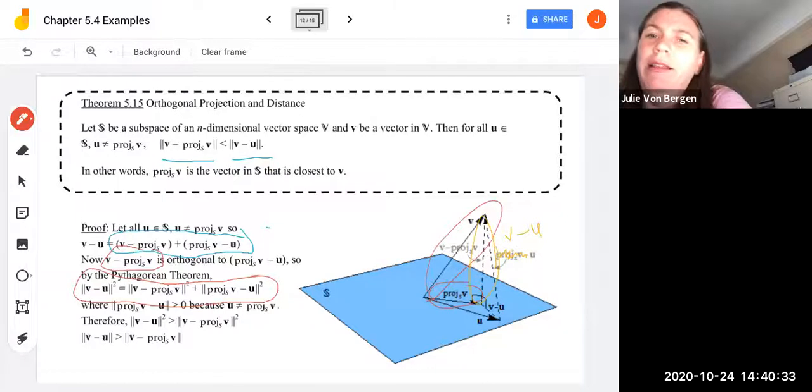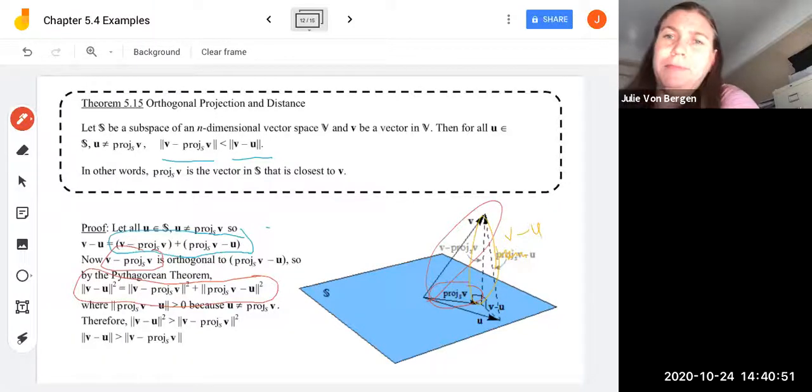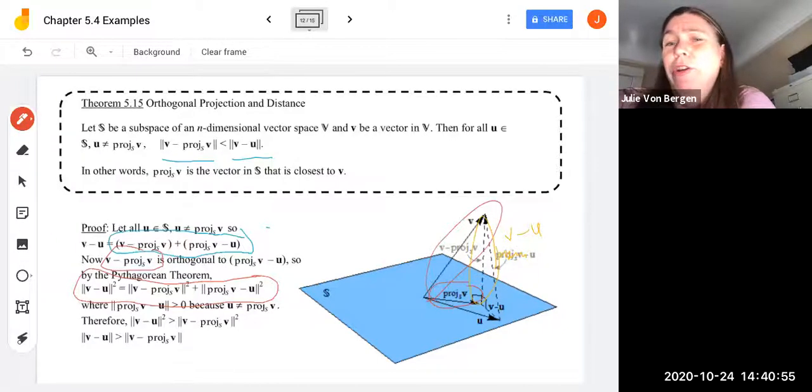And so this is where we've got for sure that the norm of the projection of V onto S minus U is greater than 0, because they're different vectors. We ensured that U is not equal to the projection of V onto S. So therefore, we can say for sure the norm of V minus U squared is going to be larger than